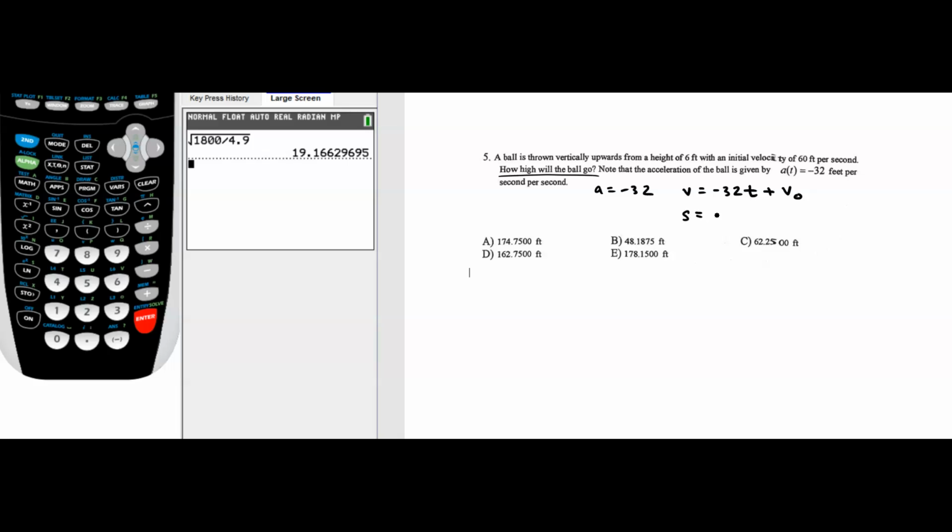and position would be, the antiderivative of velocity would be negative 32 times t squared over 2. See how I just left that constant there and then did the antiderivative of the t, plus v naught t plus my initial position. That constant in the position equation is the initial position. So we've got s is equal to negative 16t squared plus v naught t plus s naught. The question is saying how high will the ball go? So if you're trying to determine a height, then doesn't that mean that we need to be working with this position equation? We also know if